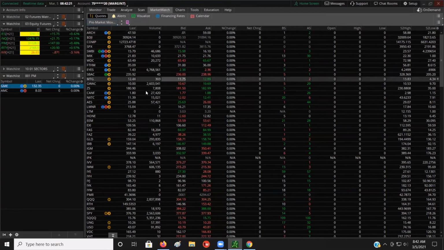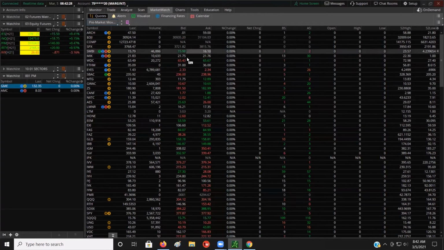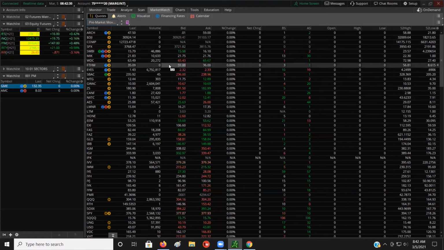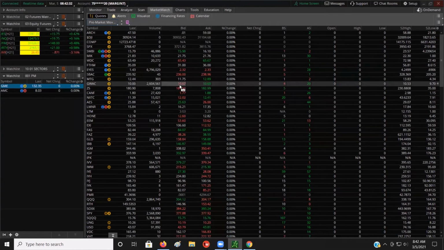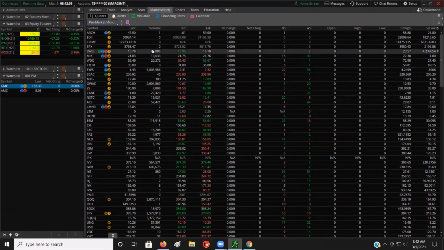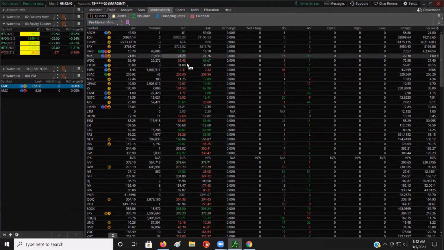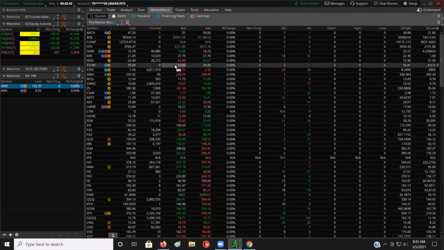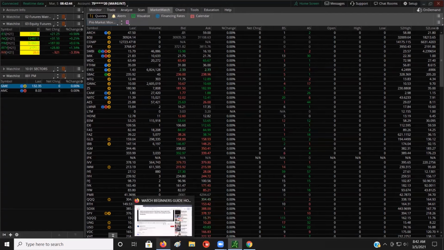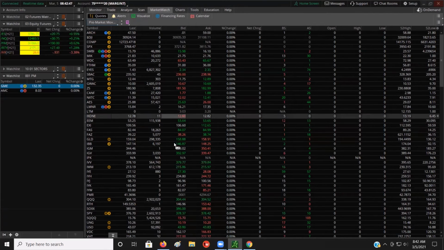These are moving in real time. Come 9:10, 9:15 a.m. New York time, I would consider looking at this if you want to get a good working watch list. Because right now there's so little activity and it's constantly changing. So if you want to know how I select stocks to consider day trading, how I filter down,